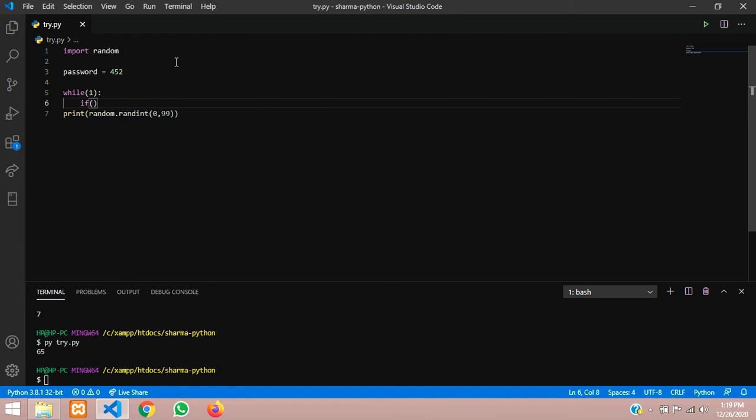Here first you have to store this value. So copy this and paste it here. So let's give a rand variable, so the random number will get stored here. Here we have 3 digits, so let us keep till 999. So if this rand variable is equal to our password variable, if it is equal,